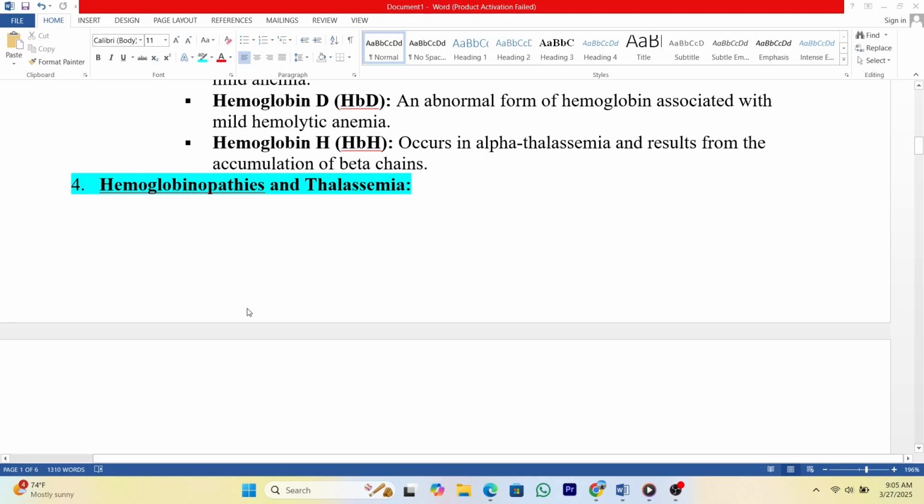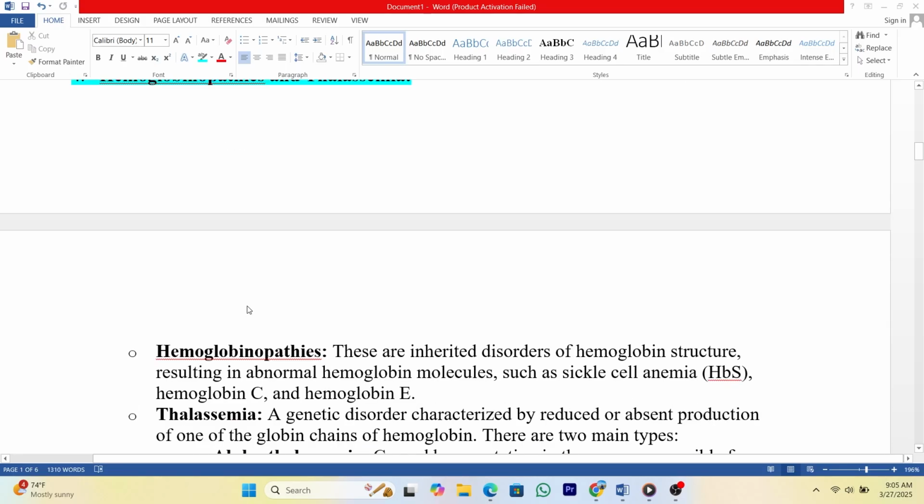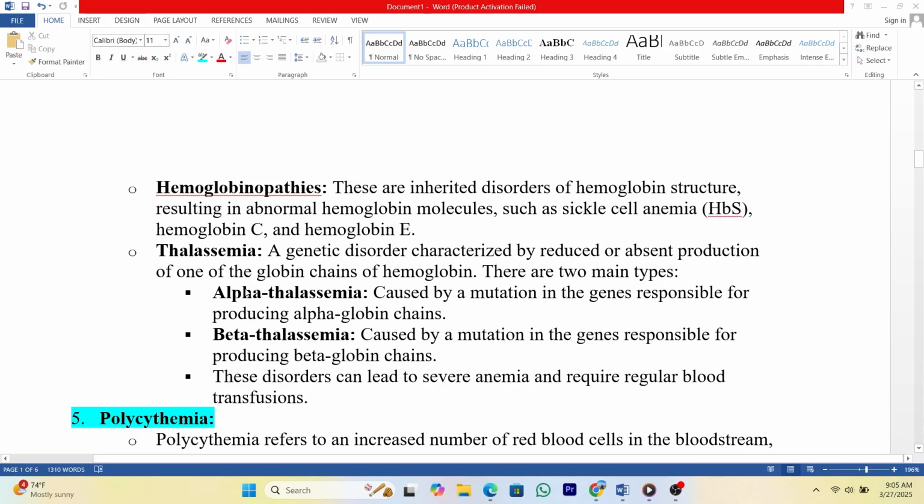4. Hemoglobinopathies and thalassemia. Hemoglobinopathies. These are inherited disorders of hemoglobin structure, resulting in abnormal hemoglobin molecules, such as sickle cell anemia, HbS, hemoglobin C, and hemoglobin E. Thalassemia, a genetic disorder characterized by reduced or absent production of one of the globin chains